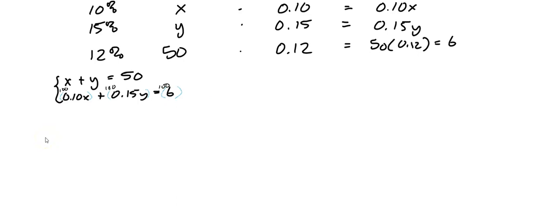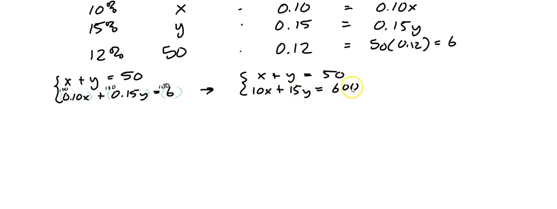Notice on the second equation though, I'm going to come in here and multiply everything by 100. So if you just saw that up here, I was having to make a little correction. When I do that, we can rewrite this as x plus y equals 50. Well, when I multiply this by 100, I'm going to have 10x plus 15y equals 600. Notice we can't really solve for y on this one, so I can't do any substitution. But what I can do, which is the way to go, is come in here,